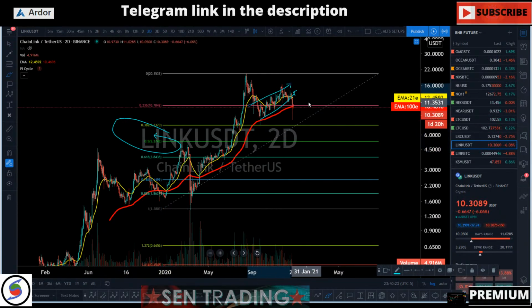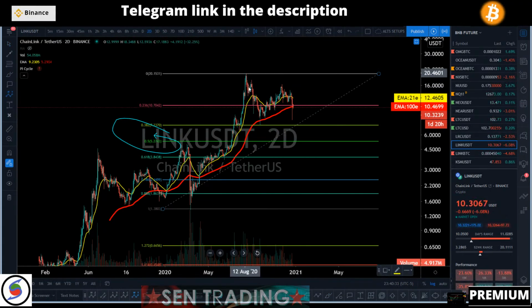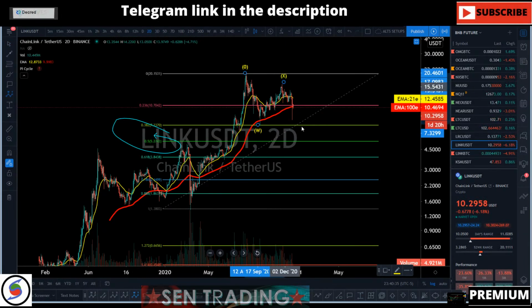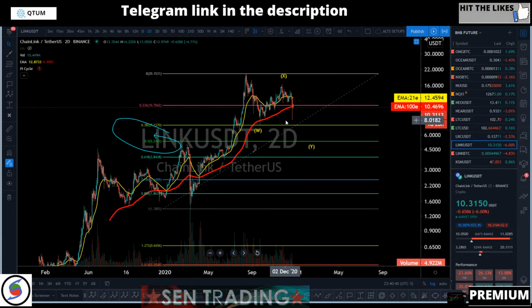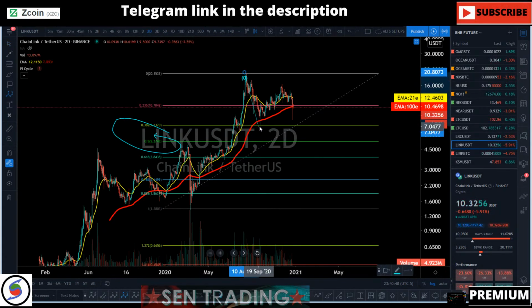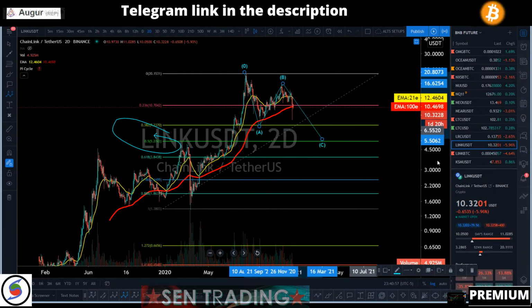And that could be a complex correction. Don't want to get into it, but you could be looking for a WXY correction. That's your W, X, and then you're going to be looking for a Y correction. Or you could even call it an ABC correction. Doesn't matter if you understand what you're doing. It does matter, but you've got your 5 wave. You're going to count that could be a 3-wave move up correctively, and you're going to get this 5-wave impulse down.